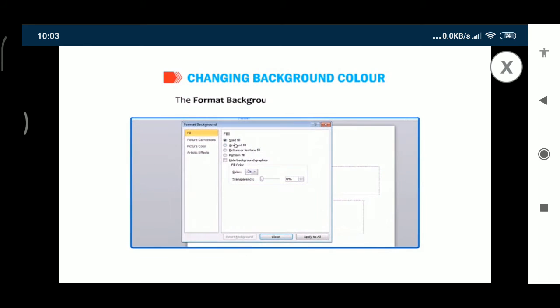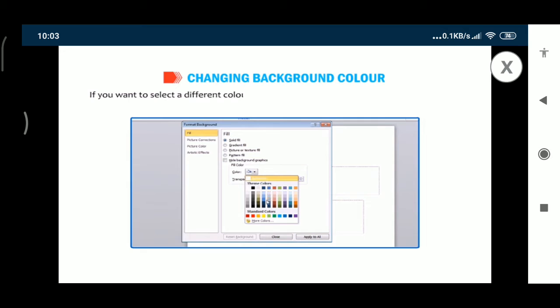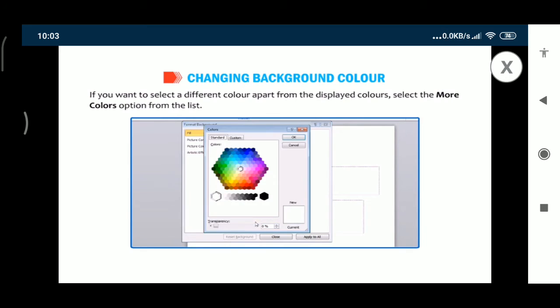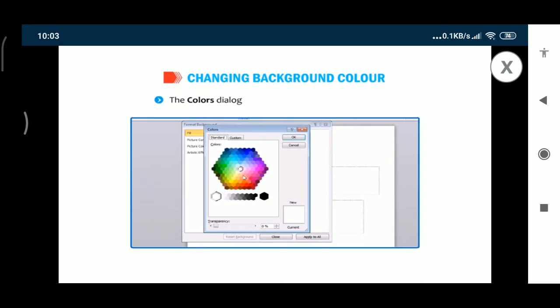The Format Background dialog box will appear. Click on the Fill tab and select any fill style option. Click on the Color drop-down arrow. If you want to select a different color apart from the displayed color, select the More Colors option from the list. The Color dialog box appears as shown in the figure.